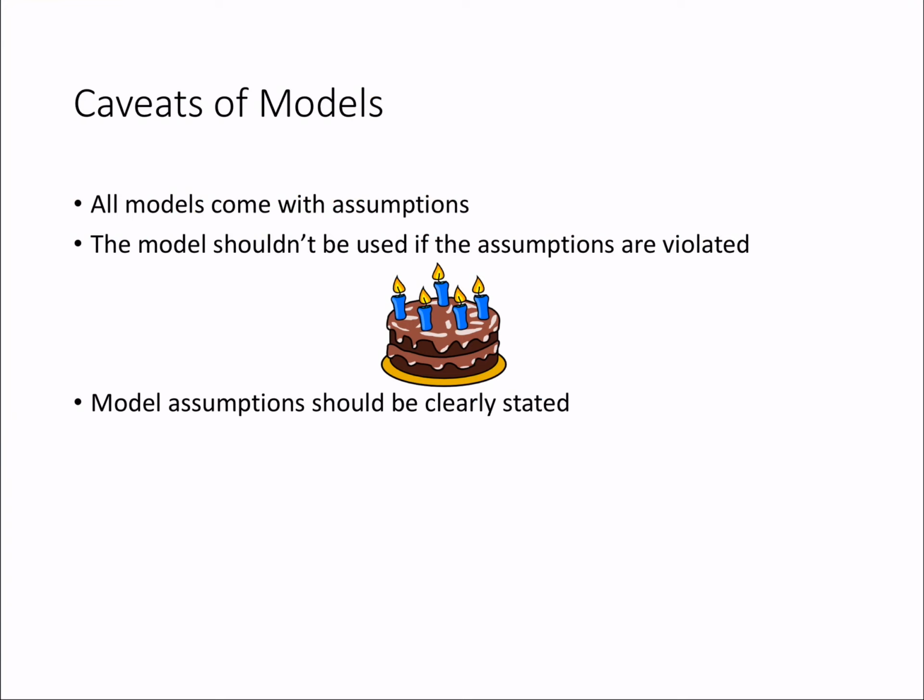So if you think you're going to bake a cake, right, the assumptions of the models are that you're following all the instructions of the cake. So if the cake recipe says that you should set the temperature of the oven to 375, the assumption is that you're actually going to set it to 375. If you set it to 200 and you follow all the other instructions the same, you're not going to wind up with a cake. You're going to wind up with a wet, blobby mass of flour and milk and eggs. So you need to really make sure that you understand what the assumptions are of models before you use them and that all of the assumptions are met. And if they're not met, you might need to use a different model.